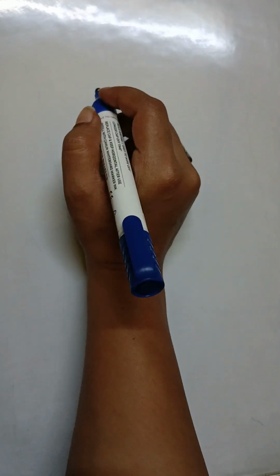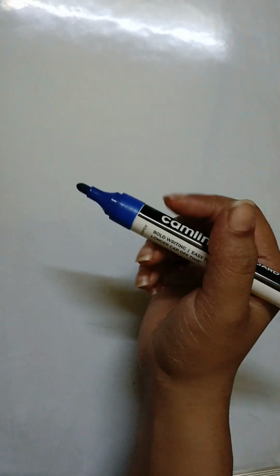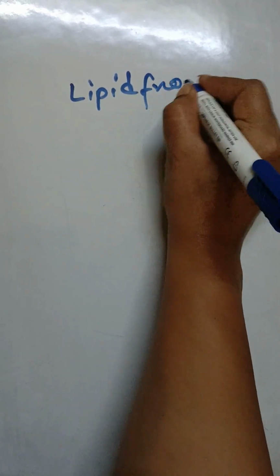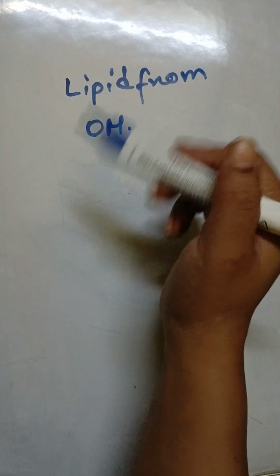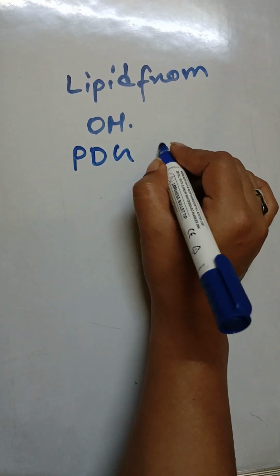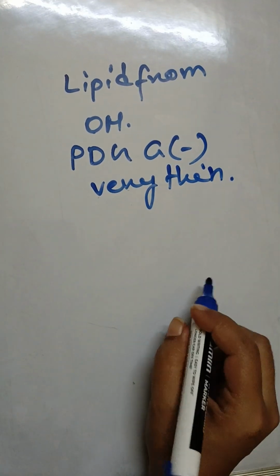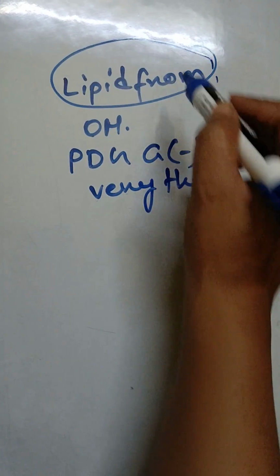Why? Because during the decolorization step, the ethanol readily removes the lipids from the lipid bilayer, which is present in the outer membrane of the gram-negative bacteria. So the lipids from the outer membrane are washed off. So there is no barrier right now. And then the PDG layer in case of gram-negative bacteria is very thin as compared to the gram-positive bacteria. So due to the presence of this thin PDG layer and without the lipids from the outer membrane,